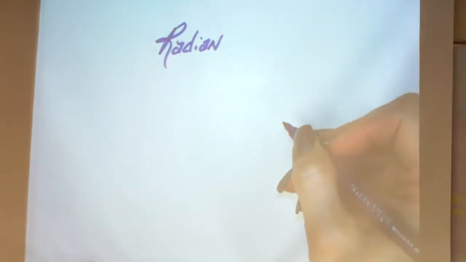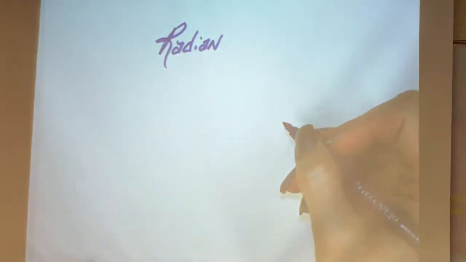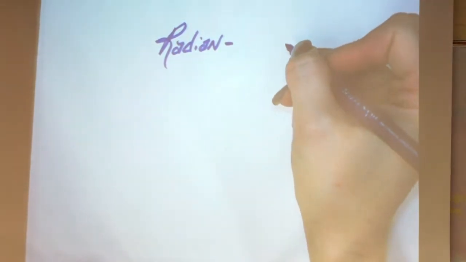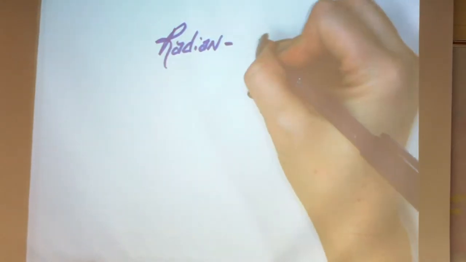Okay, so a radian is another way of measuring an angle. Okay, it's actually the measure of the arc. So here's the textbook definition. A central angle of a circle. So a central angle